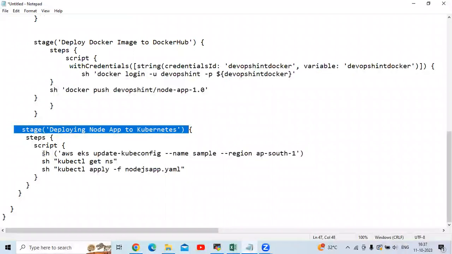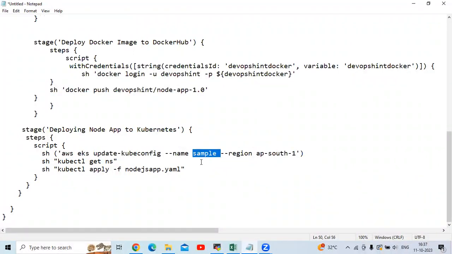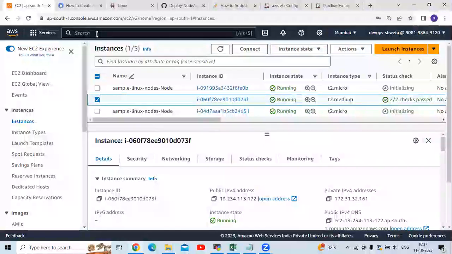So first of all, in step, you can see in the first step, first of all, AWS EKS update kubeconfig hyphen name and name. So this is my cluster name. So my cluster name is sample. So as you can see, if I go to my cluster,